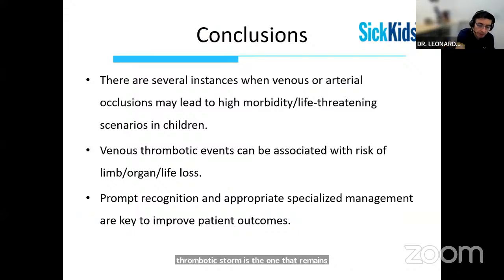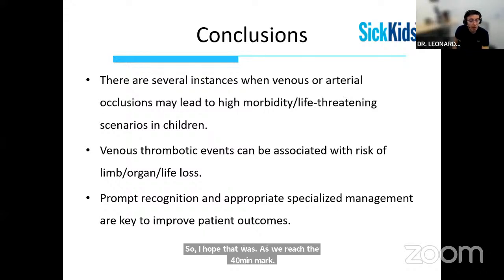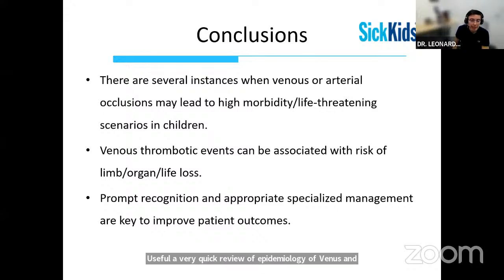So I hope that was useful, as we reach the 40-minute mark, a very quick review of the epidemiology of venous and arterial thrombotic events throughout childhood, highlighting instances where vaso-occlusion may lead to risk of loss of organ, limb, or even life. So there are several instances where this may occur. Venous thrombotic events can obviously be associated with such instances,